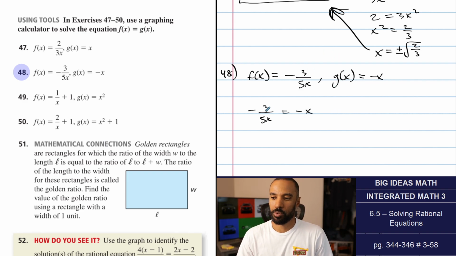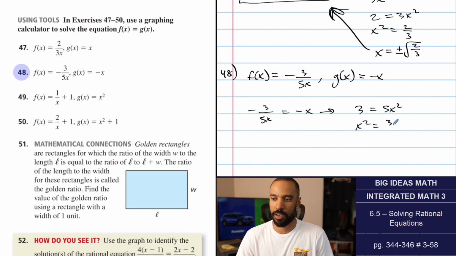If I multiply, but here's the thing. I don't need the negatives in this thing at all. They really mean nothing to me. But I multiply both sides by 5x, I get 3 equals 5x squared. Divide both sides by 5, you get that. And take the square root of both sides, you get x equals plus or minus the square root of 3